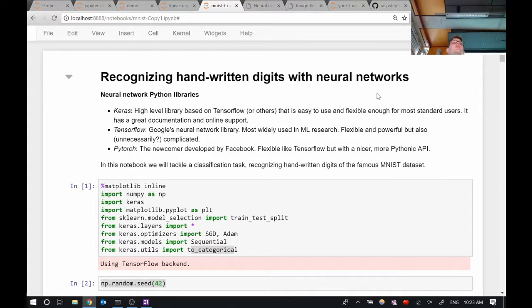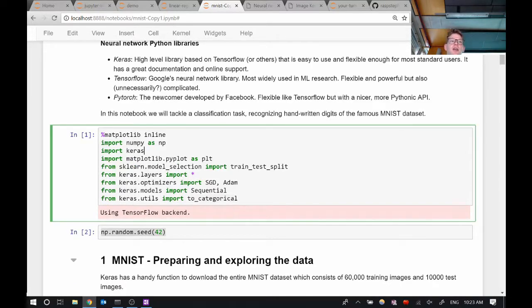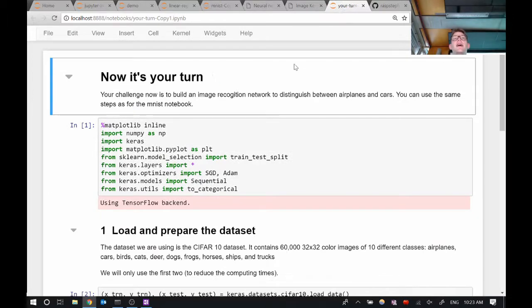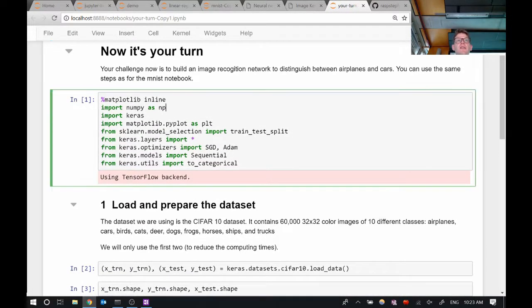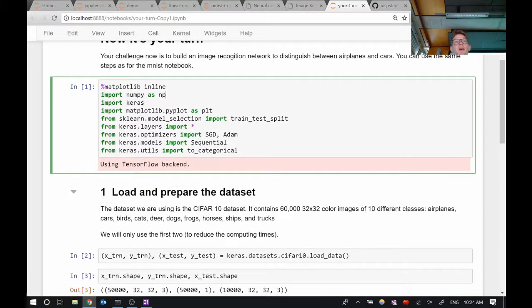So what's really important when you want to learn something is that you don't just go through this notebook and click Shift Enter through all the cells, because you don't learn anything that way. What's more useful is if you open up a new notebook, and even if you cheat and look at the old notebook and just copy it down, the act of writing helps you to learn and understand what's going on. So that's one option. If you're like, that's easy, handwritten digits, nobody cares, then I have prepared this Your Turn